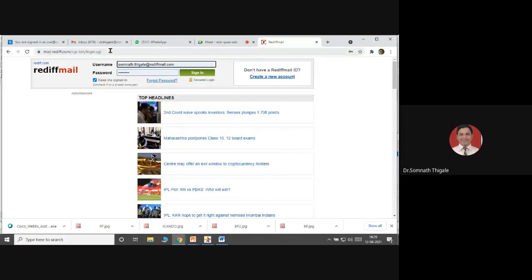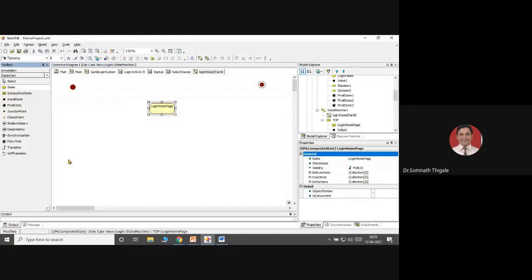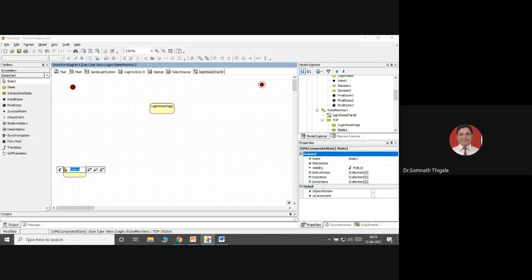This is my initial phase. It is asking me to enter the username and password. So I'm simply calling this the home page. So the initial state you are representing here as the login home page. Now you will be on the login home page, and from the login home page you may get to a message.